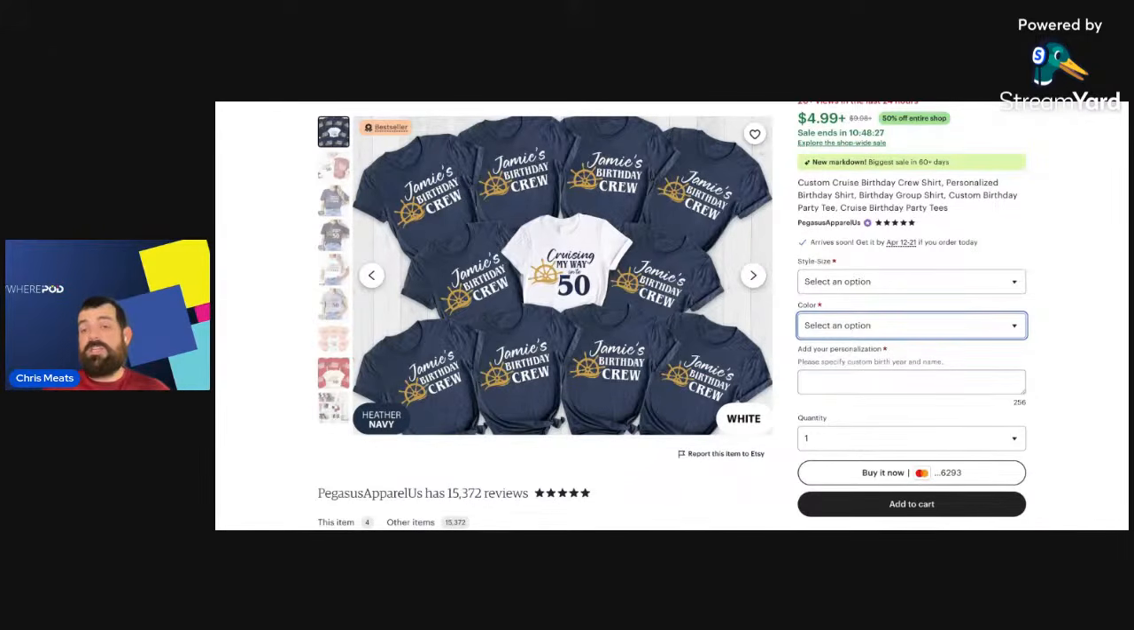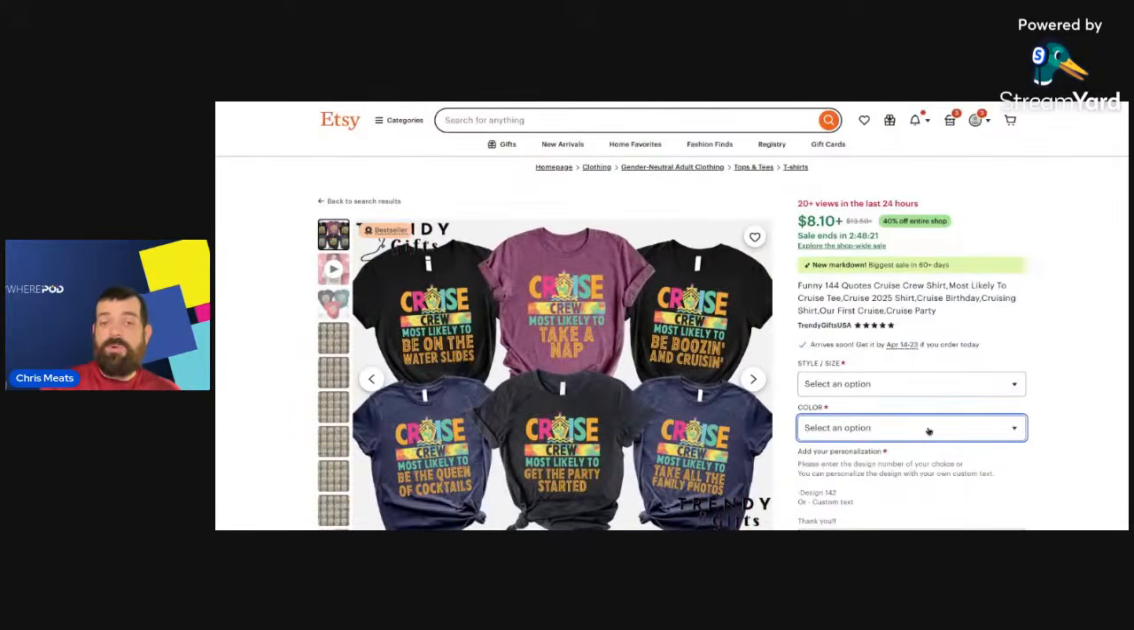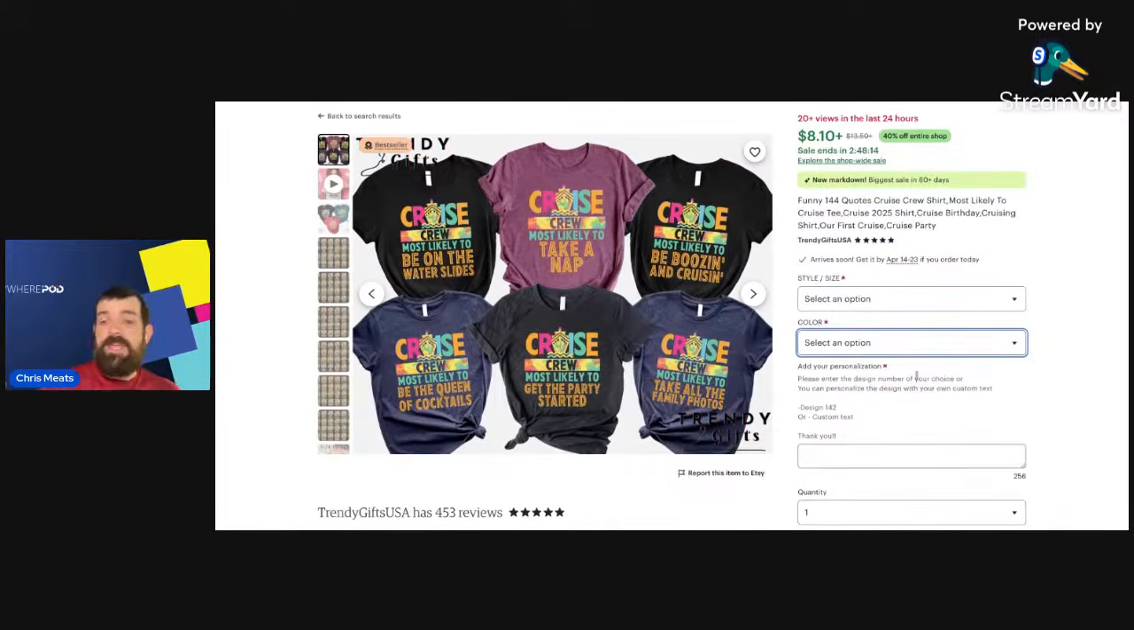So you would be able to select right from the drop down here your actual saying, and then it's non-customized, can be 100% completely automated. If you do the clip art version where you're having them put in the design number,